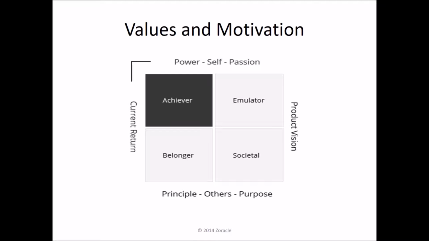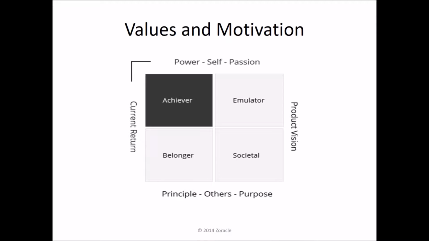If we look at the vertical axis, we go to the left, we have the achiever and the belonger. We'll see that the achiever and belonger is driven by a return on investment. Now, the belonger down below versus the achiever up above is driven by a faster return on investment. And you've seen these kind of prospects in your offices. The belonger is someone that requires a return on investment very quickly, 30 days, 60 days, 6 months, but a very quick return on investment. The achiever has a little longer period of time before they need a return on investment. So see that as a continuum also.